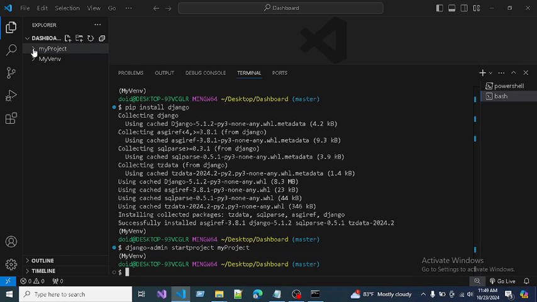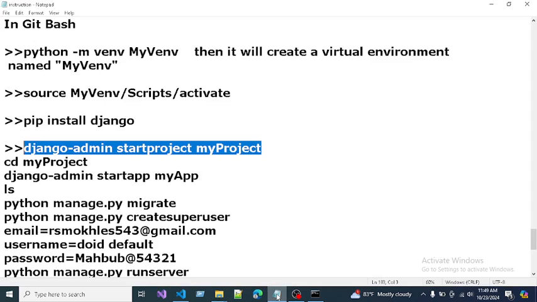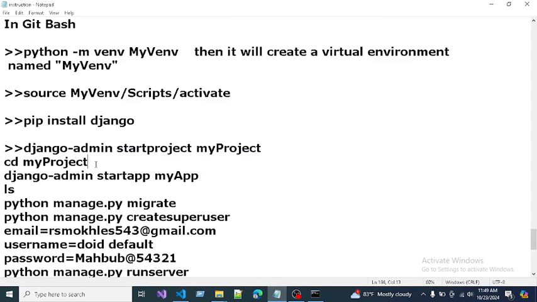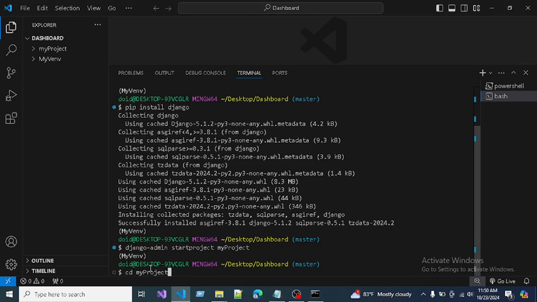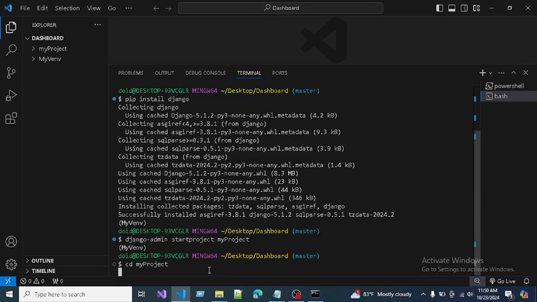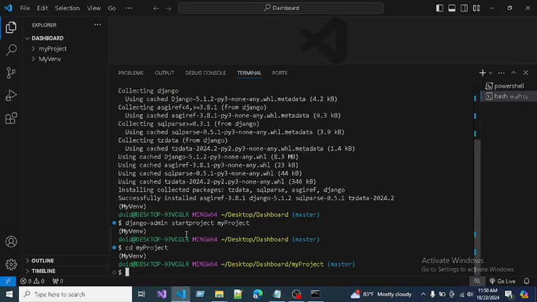Okay, and that's it. Now I want to create a new application. To create a new application, you need to go to your project. Just copy this here, press enter, then